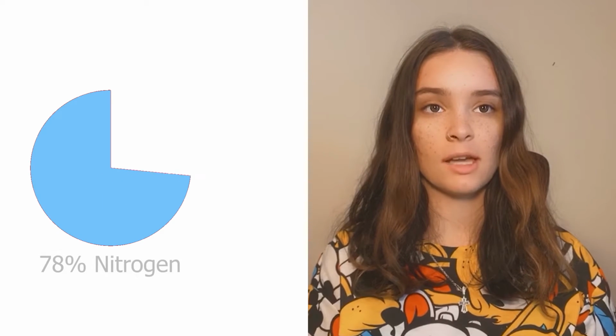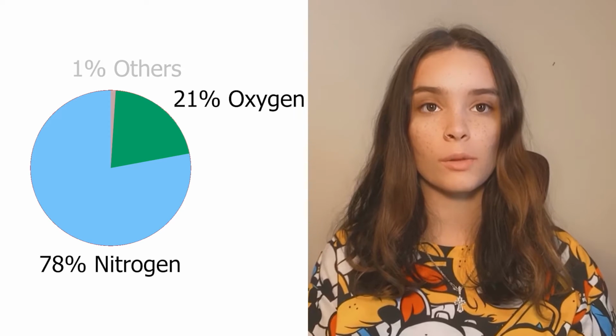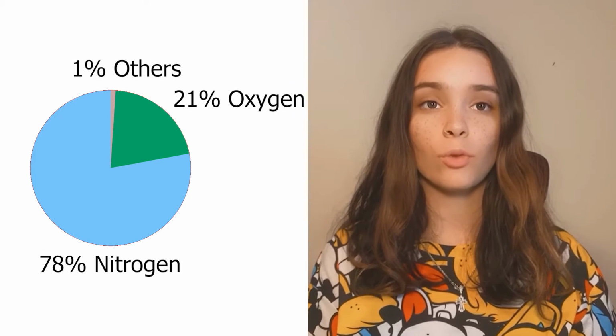Greenhouse gases are found naturally in the atmosphere, in very trace amounts, but enough to keep the Earth warm. In fact, Earth's atmosphere is composed of 78% nitrogen, 21% oxygen, and only around 0.04% carbon dioxide, which is 400 parts per million. Other greenhouse gases are even more trace in our atmosphere. Despite being so minuscule, these small concentrations are enough to facilitate the greenhouse effect.